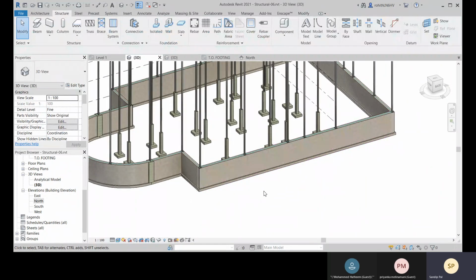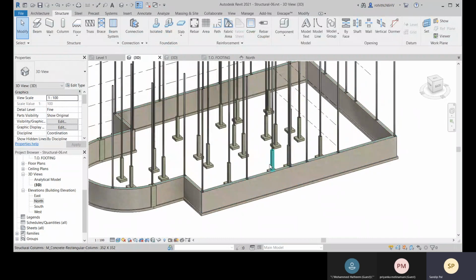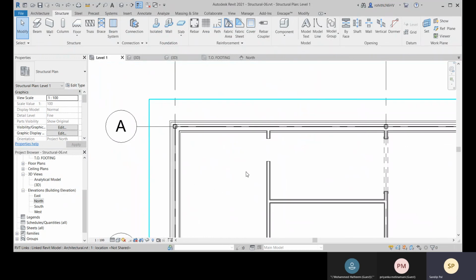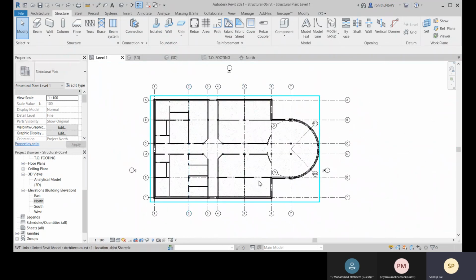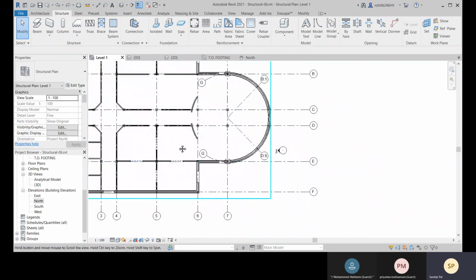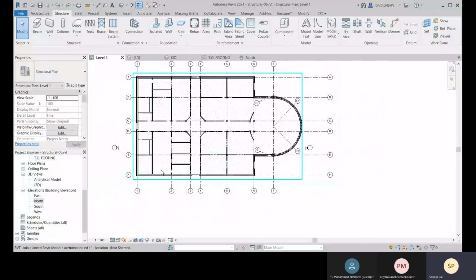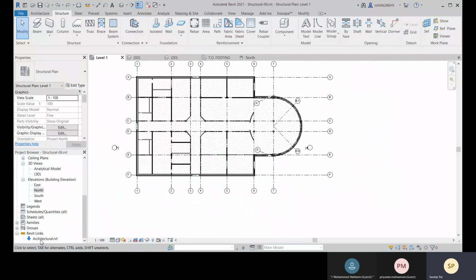Okay, fine. Now about your elevator. If you need to place your elevator here, you have to place your structural components for your elevators. So now what I need is here, let me go to level 1.